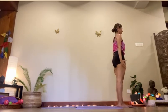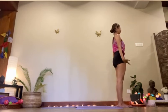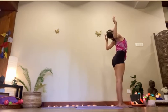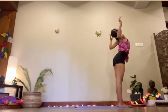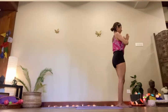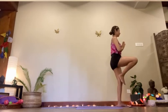Inhale and exhale in Tadasana. Let's lift our arms up over our head with our next inhale. Maybe go into a cactus if you feel like it, opening your chest up. Inhale, arms up over the head. Exhale, hands to the heart center. We're going to do the same